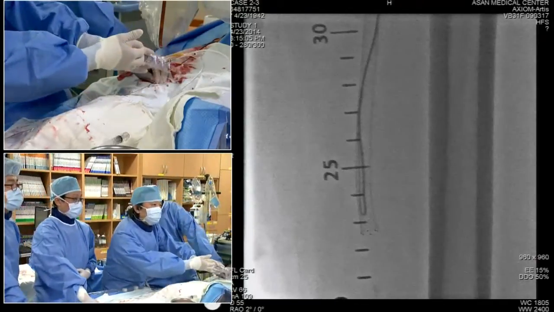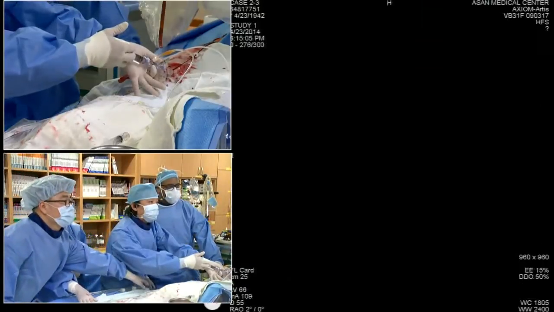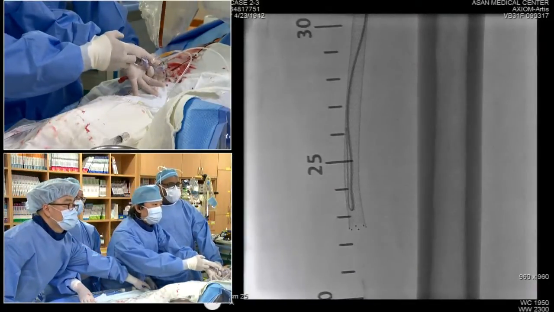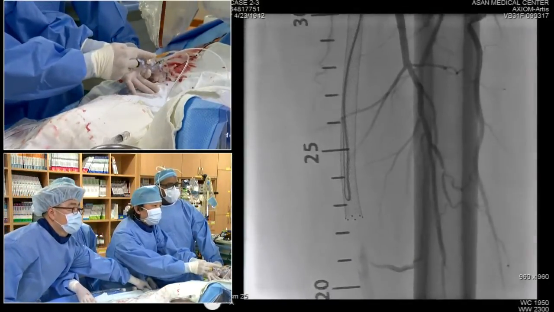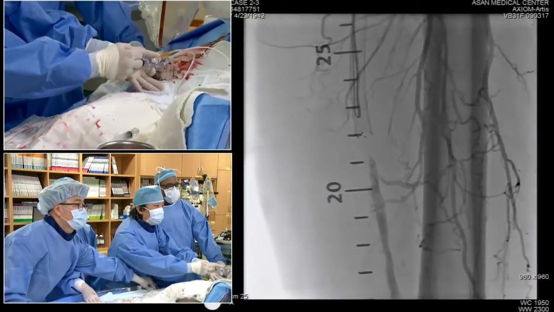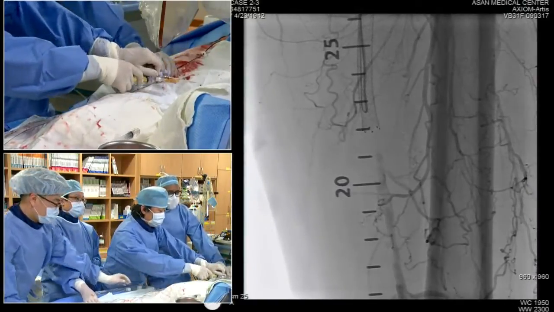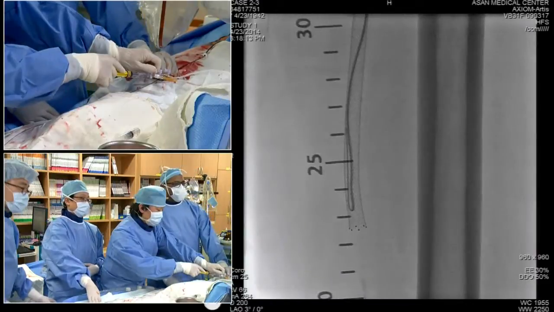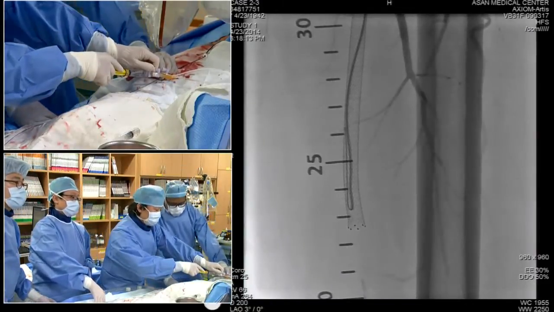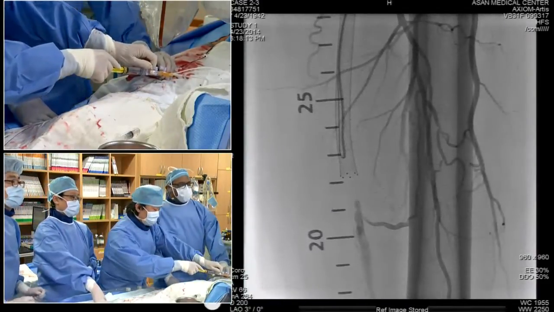Okay. So ready? That was an impressive move, I think. He was able to reorient into a different plane and gain access to the stent. It was really quite nice. Very good. So we have about a centimeter distal to that end stent, the nitinol stent, and this is going